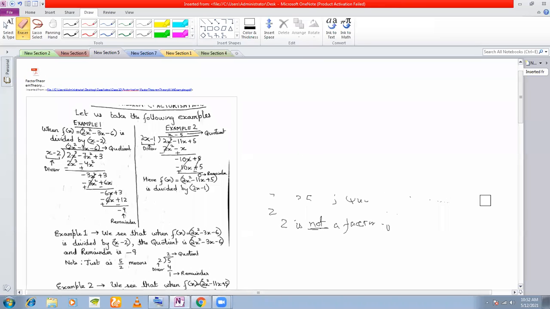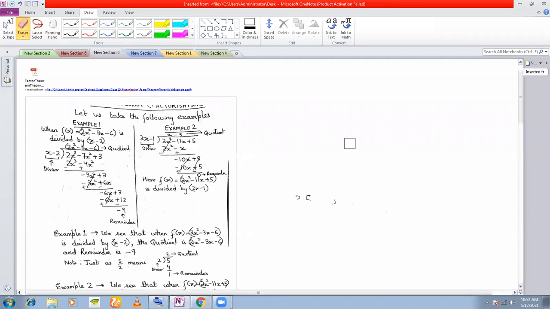Now, the factor theorem actually comes from the remainder theorem only. Remember, in your remainder theorem, you are looking for remainders, right? When one polynomial was divided by the other. So if the remainder was non-zero, you said, okay, fine, that is the remainder. But when you get the remainder 0, then you say that it is a factor. So that is what you must know. Let us start with these two examples that I have given you.